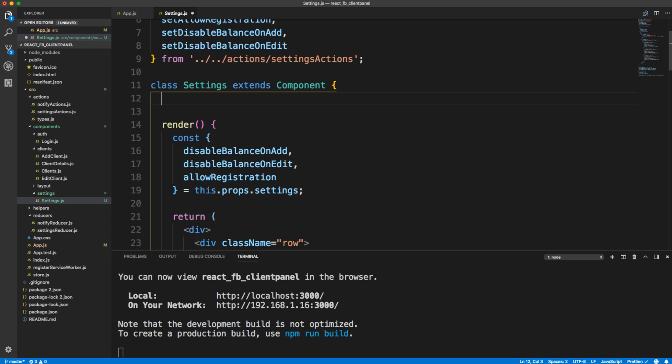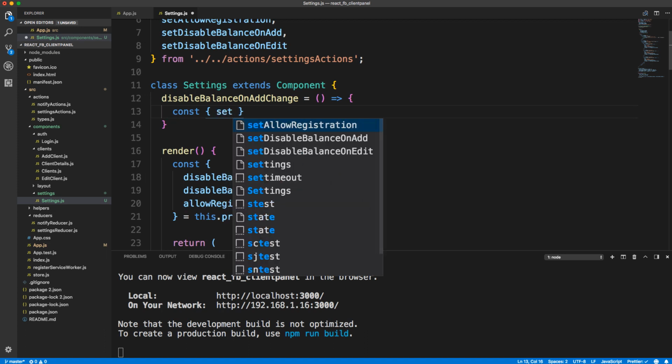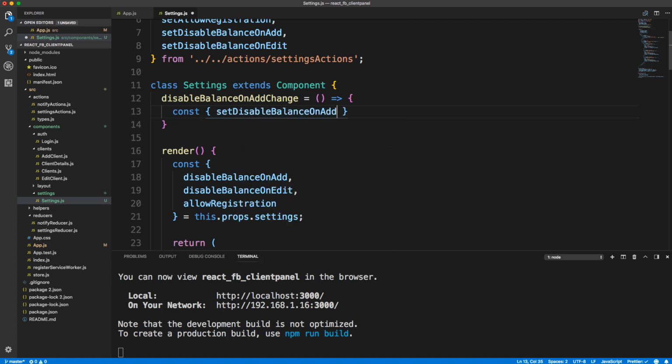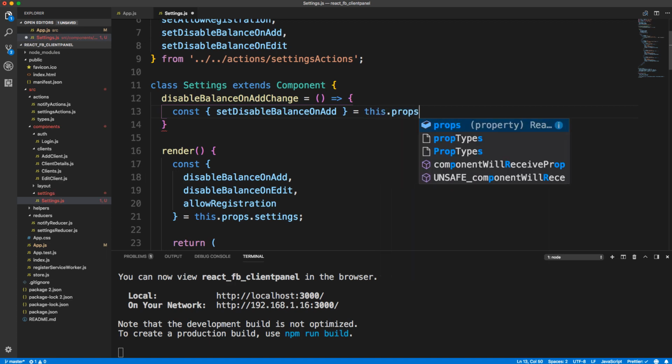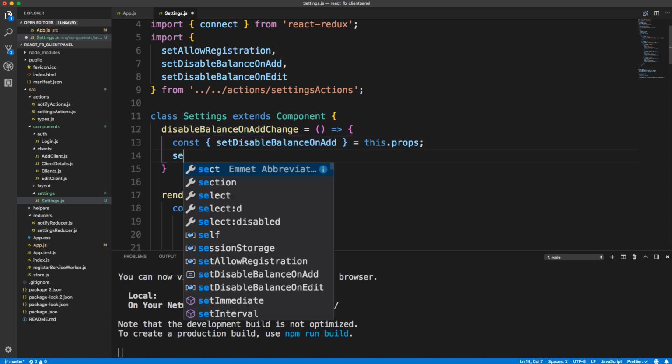Okay, so we're going to say disable balance on add change. That's the name of the function. And let's set that to an arrow. We're going to create a variable here called set disable balance on add, because we want to pull that out of this.props. Because that's an action, one of these actions. And then we just want to call that function. So we'll say set